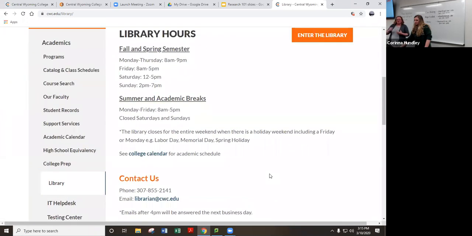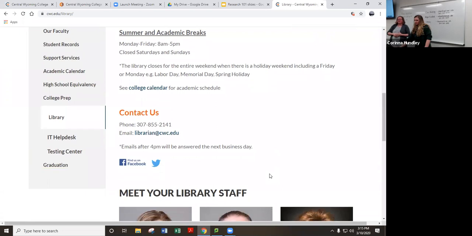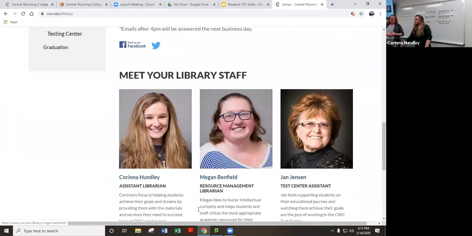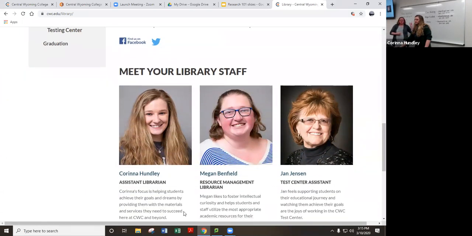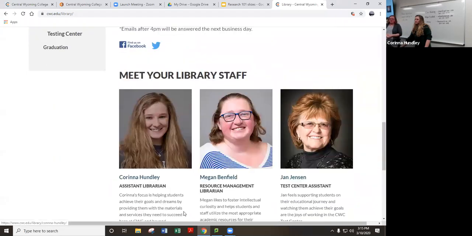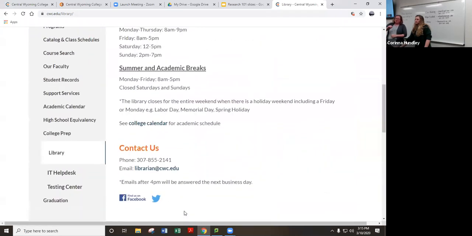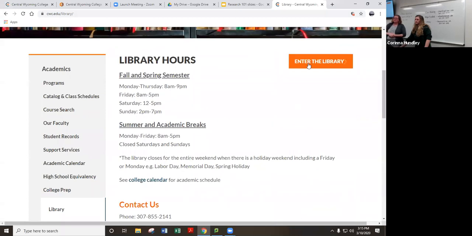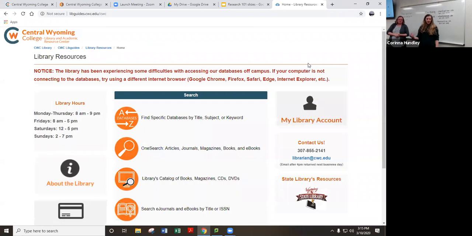Over the summer, they're slightly different. Over spring break, they're slightly different, but also our contact information. Our emails are just our first initial, last name at cwc.edu. But to actually get to our resources, you have to hit the orange button for Into the Library. We're hoping to eventually have a more direct link to this page. We're working with IT to get a little student resources toggle within My Central, because it is a little bit hidden, and so we're trying to make that